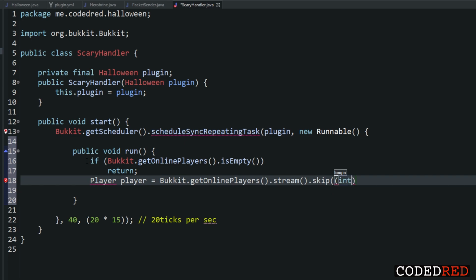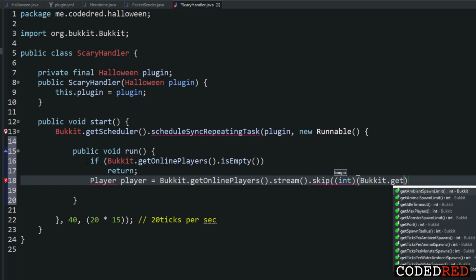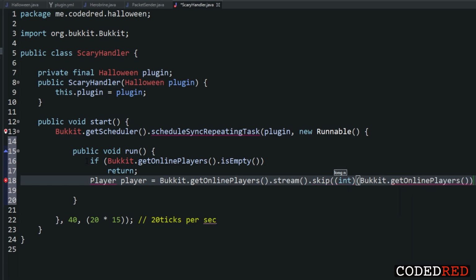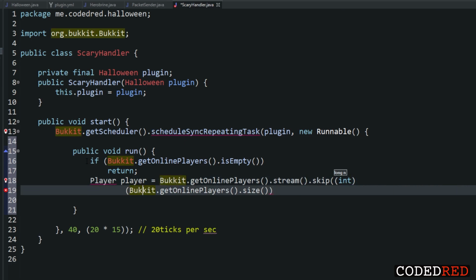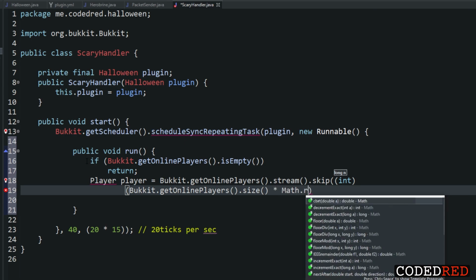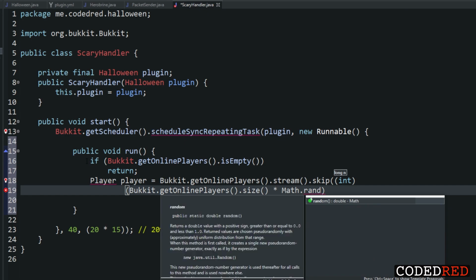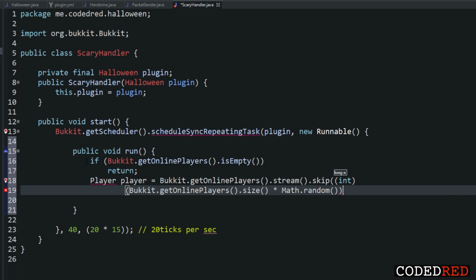I'm gonna skip. I'm gonna pass in an integer because I want to say another parentheses. I'm going to say bukkit.getOnlinePlayers.size. I'm going to move this down a line for y'all. So I'm going to get the size of the players because that's going to be the maximum amount of players it could be. If there's 100 players on the server, it's going to be 100 times Math.random, this is why we casted it int, because Math.random is a double. Math.random, and we're going to go out of all of that, and we're going to say,